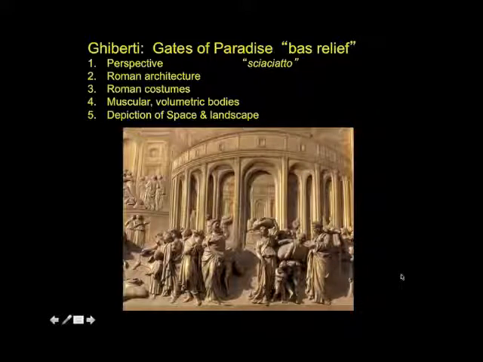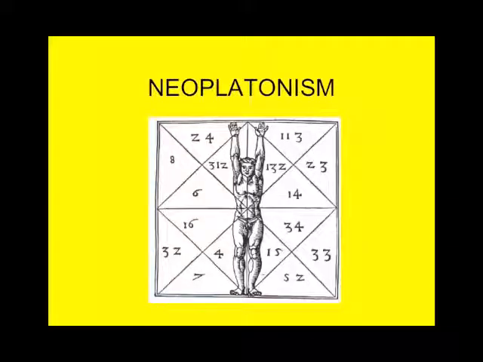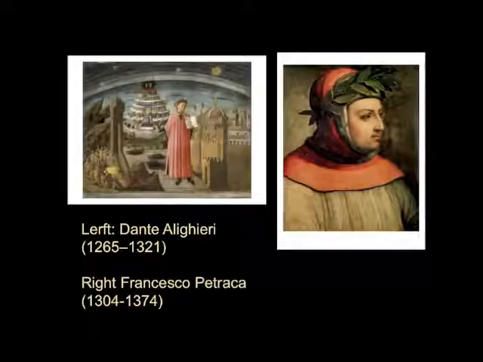And one reason we have it is through this idea of Neoplatonism, which is an idea that already emerged in late antiquity, but really became popularized in the Renaissance as people tried to recover the ancients' way of thinking. That's a perky little guy, isn't it? Some of the first people to reinvestigate these thoughts were these late Gothic figures, Dante Alighieri and Francesco Petrarca.